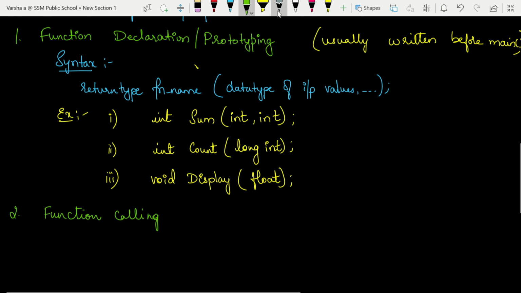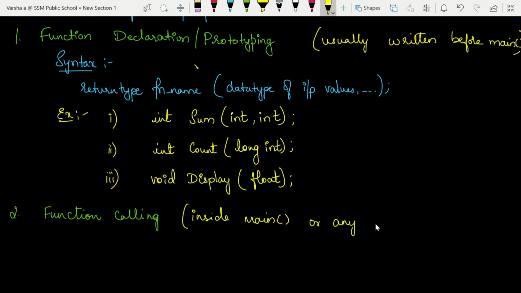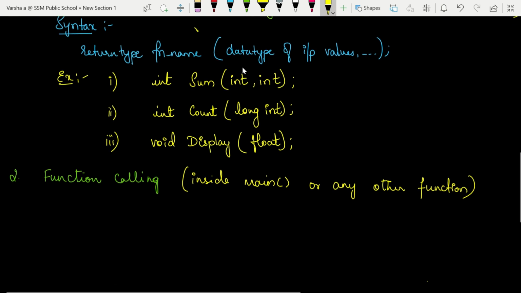Here the function call is usually placed inside the main function or any other function. Main is also a function, we'll discuss it in a while. It has to be part of the instructions that are getting executed.